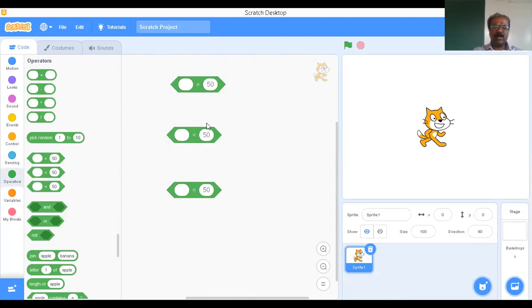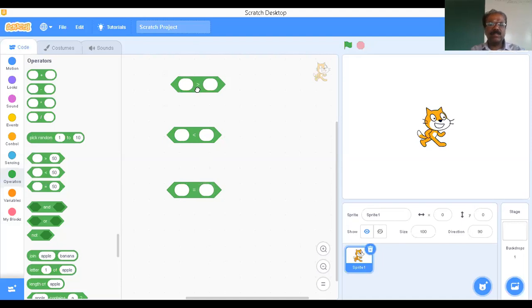We know that it's a binary operator. Binary means it requires two data. The data may be a number, meaning a constant, or it may be some variable like num1, num2, x, y. You can use any variable as you like, or any constant as you like. A constant may be an integer, or it may be a fraction also. Now I'm going to explain with some examples. By default, we have the number 50 here.